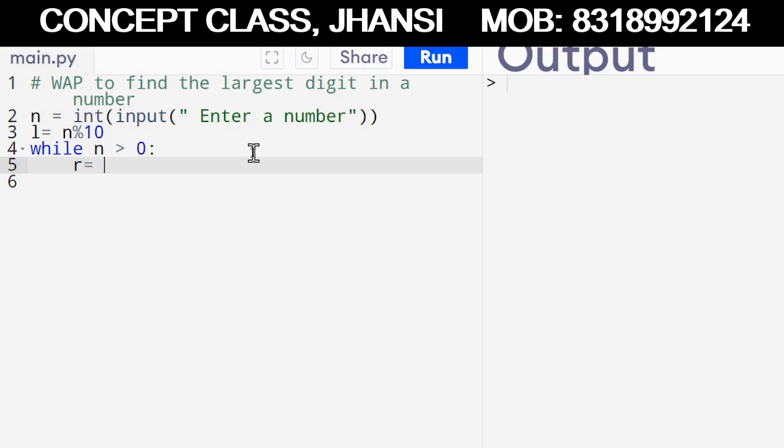R is equal to n mod 10. We are repeating it again. Then n is equal to n by 10. Now if R is greater than L, the digit we have extracted is more than the L that we have stored, then we will replace the L by the R. So L is equal to R,